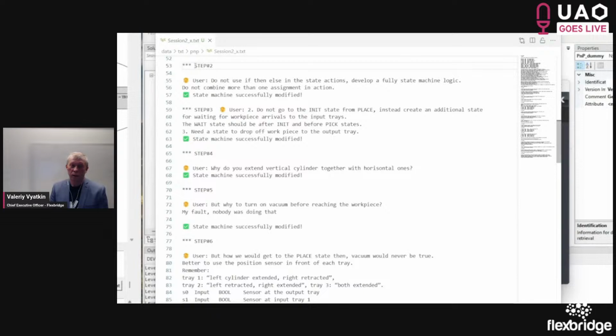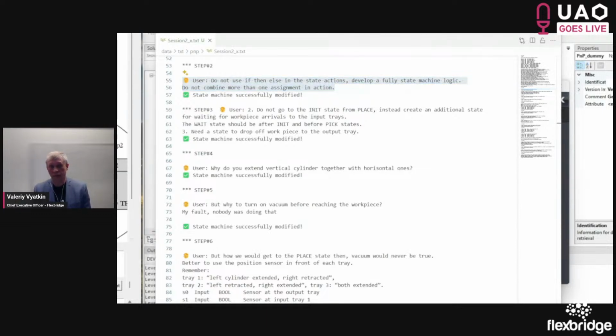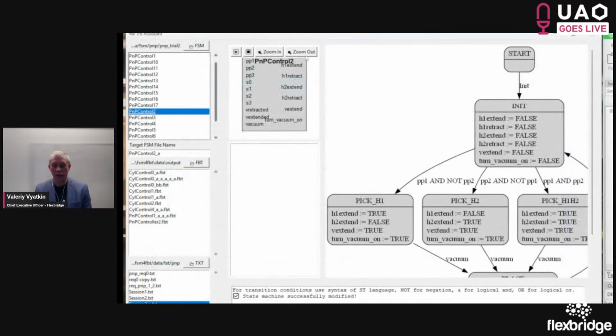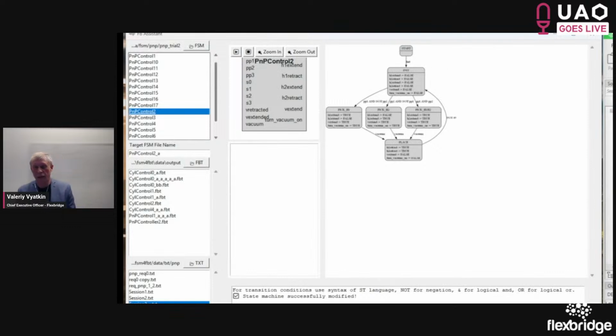So then we react to that, saying that we don't like this design, and to not use ifs and else statements in the state actions and develop fully state machine-like logic, not combining many assignments in one action. So we give this requirement, and in response, it creates this state machine.